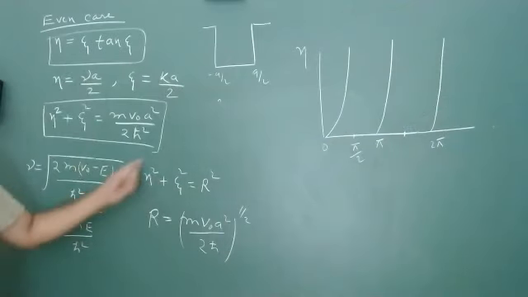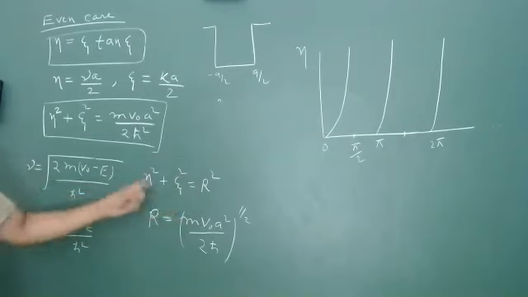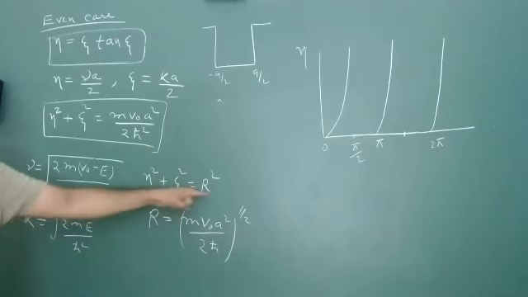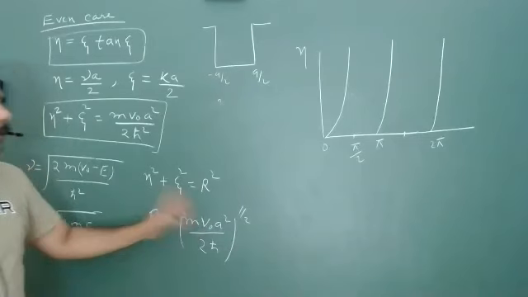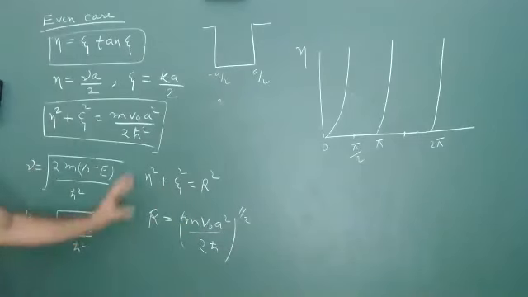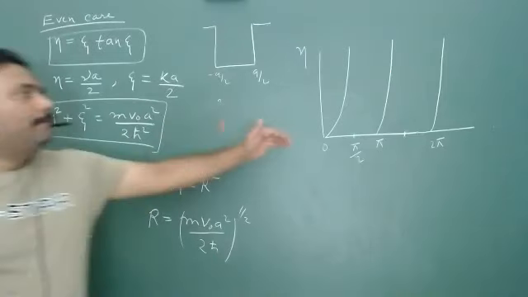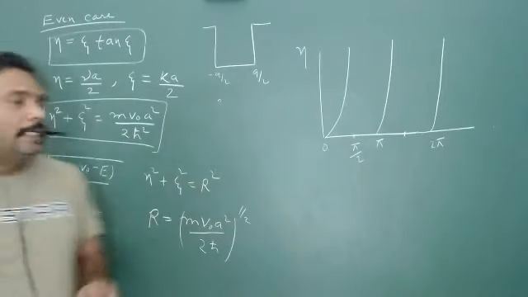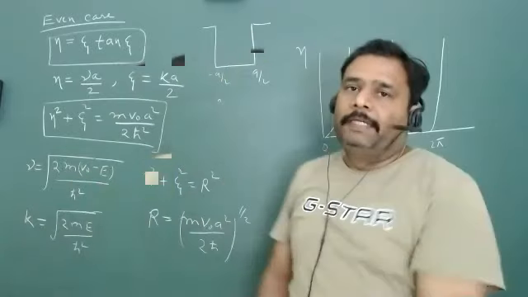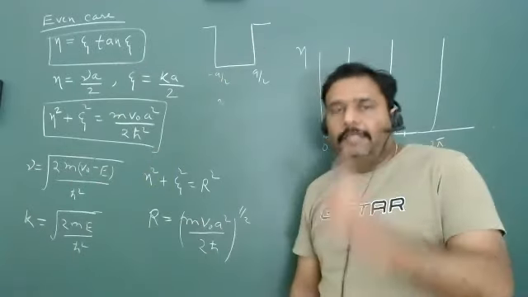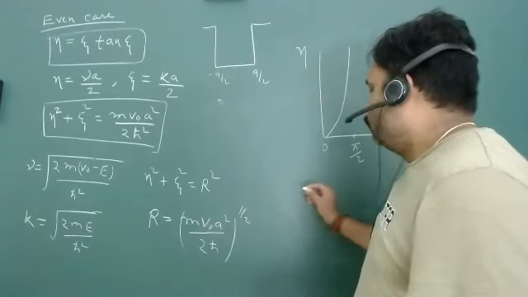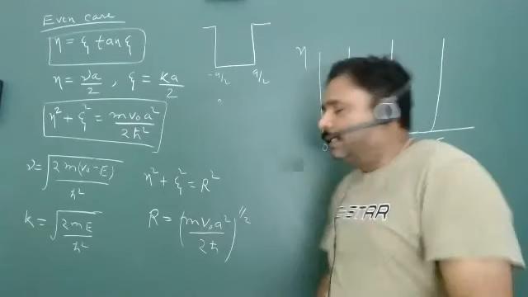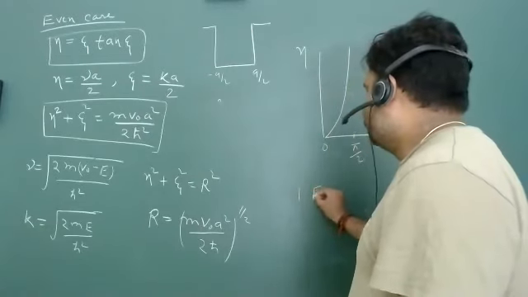what should this equation be? This equation is nothing but the equation of a circle. And how big the circle is depends on what r will be, and the value of r will depend on the value of v naught actually. So for the given value of r, we can have different circles. So suppose I want only one even state. I want to make the condition that we have only one even state. So for one even state,